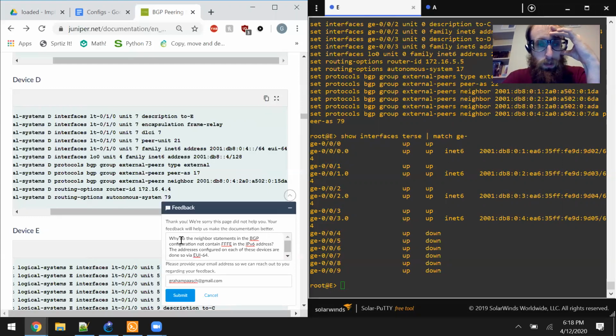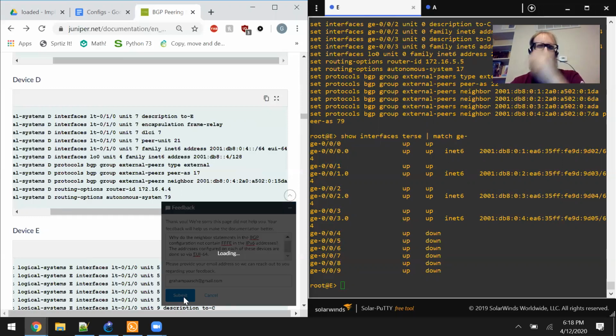So why do the neighbor statements in the BGP configuration not contain FFFE in the IPv6 address? I'd say addresses because there's multiple neighbor statements. The addresses configured on each of these devices are done so via EUI-64. So that's kind of